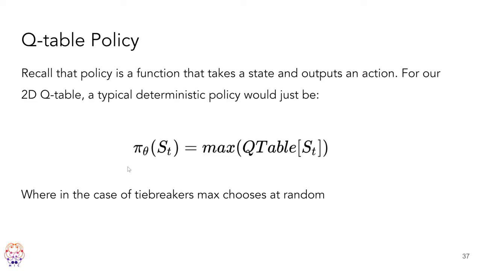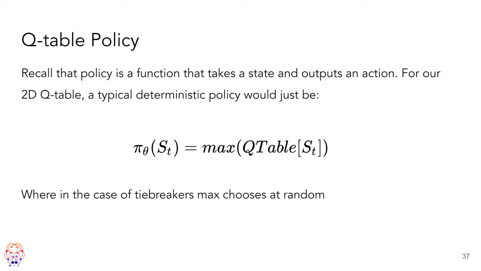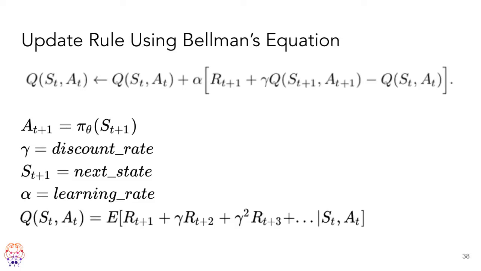So once again, our policy at the moment is simply going to be, okay, given some row, we're going to choose whichever one of these columns has the highest reward, because we assume that if you maximize the reward, you're probably doing the best that the agent would want to be doing. In the case of tiebreakers, we're going to choose at random just to add some randomness and help it explore a little better. And later on, we're going to explain what exploration is.